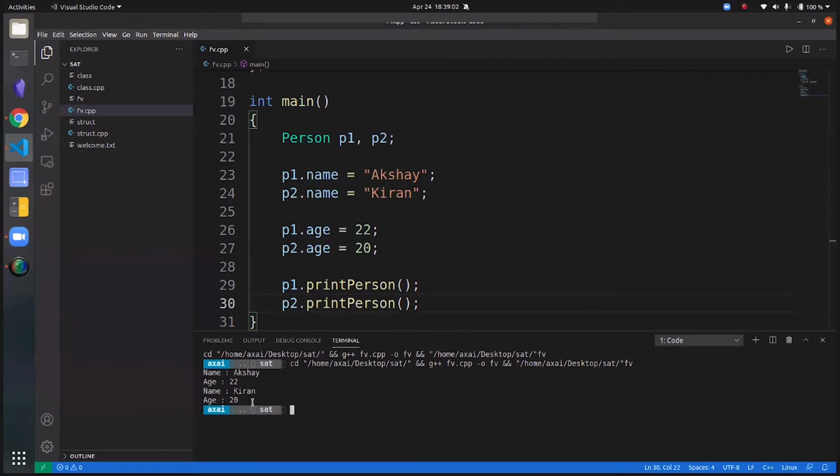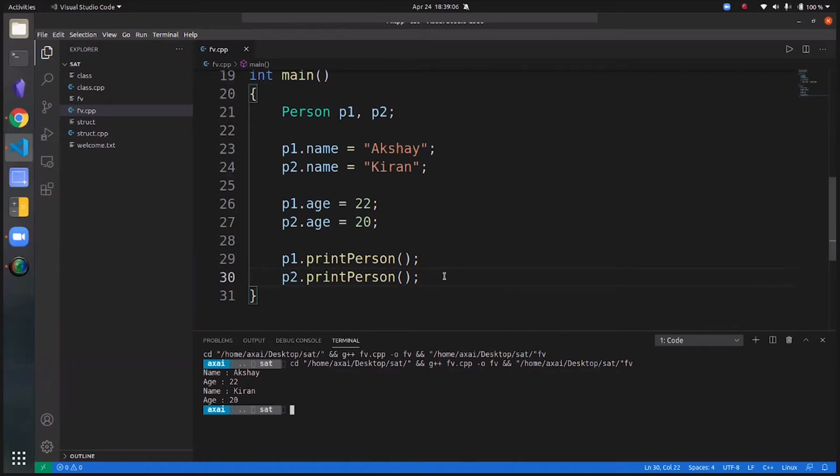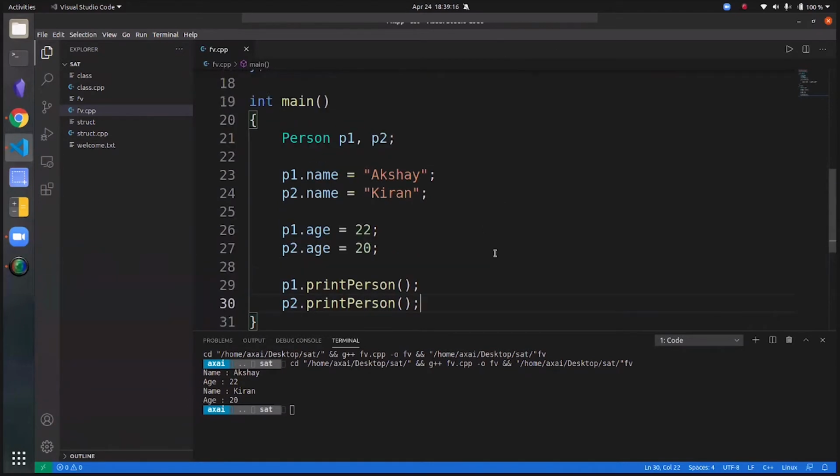And it would work exactly like what I was showing you earlier, having to write an individual cout statement each time. Now, I guess a lot of you may have a question: this isn't exactly efficient, because if I wanted 100 people, I would still have to write P3, P4, and so on till P100. So the good thing about structures is you don't have to do this. You can use these structures just like arrays.